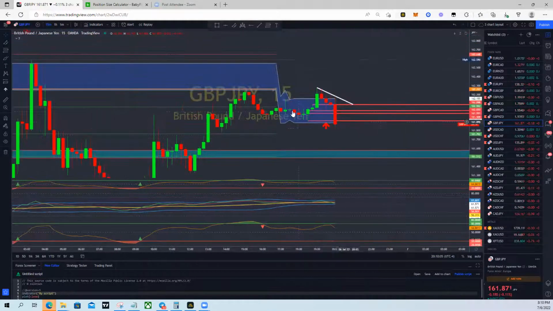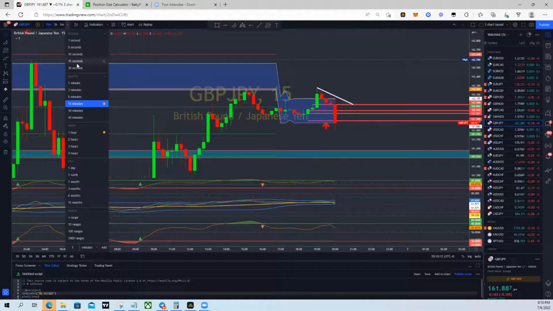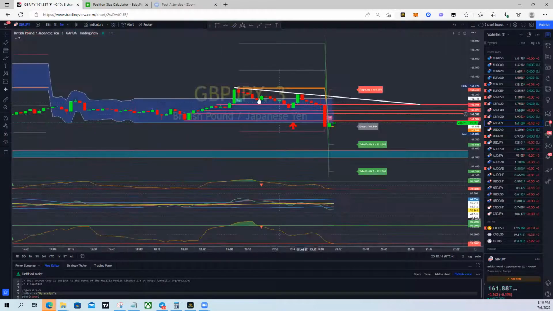Now notice this GJ traded respected market structure. We were looking for the retracement. We were looking for the break of the market structure to get into the trade in case we did not get in the first time. And it respected market structure the entire time. Respected,